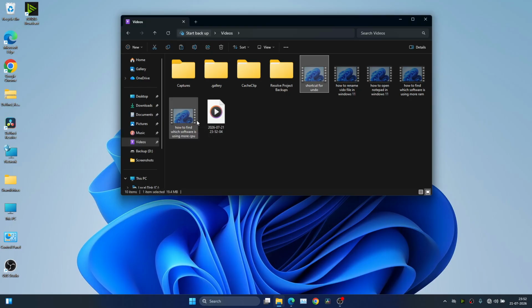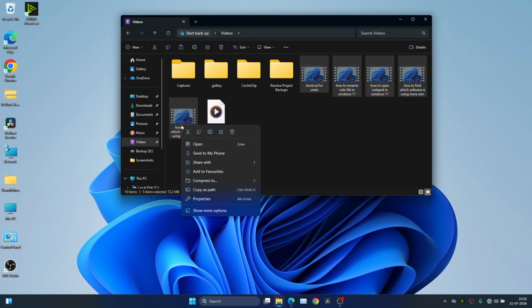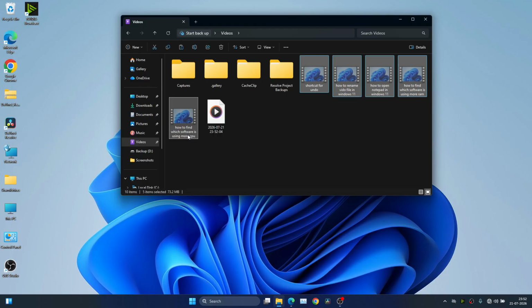Okay, you can see here I'm selecting these files and right click, then select the cut option for moving these files to my phone. And here I'm unlocking my phone. You can see here I've unlocked it, and